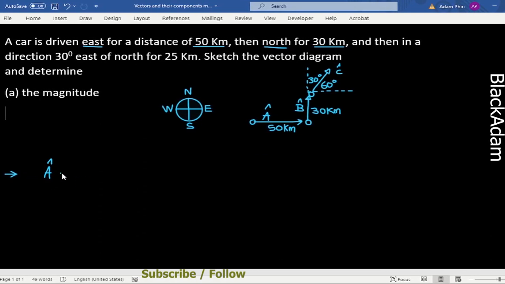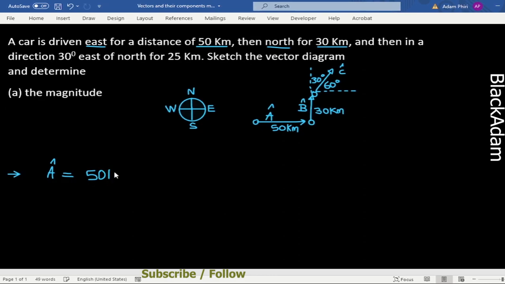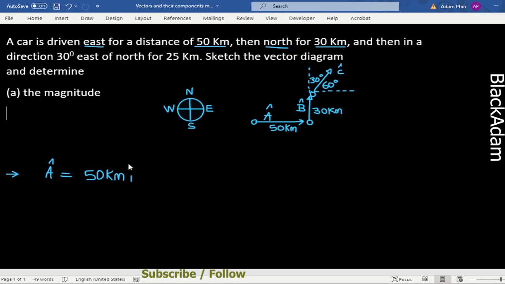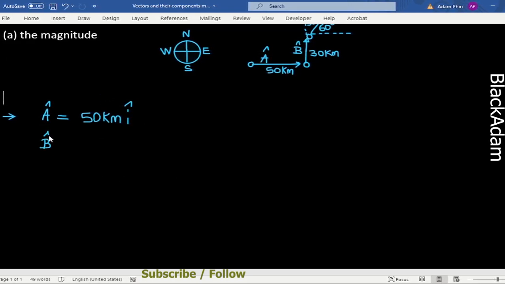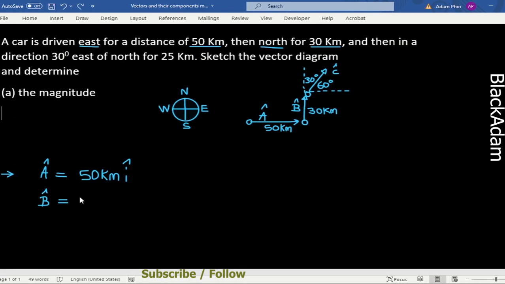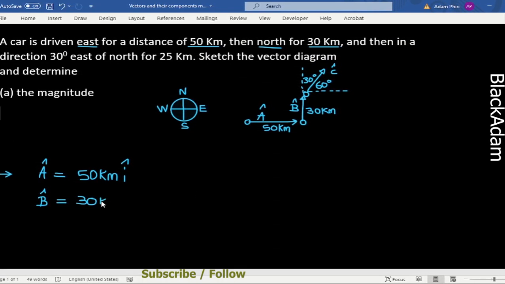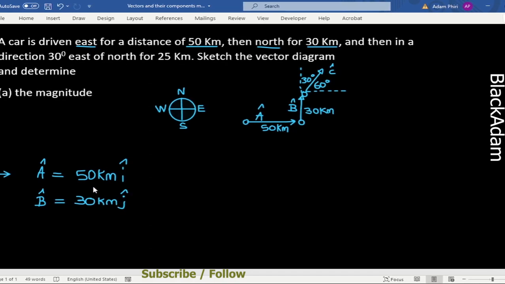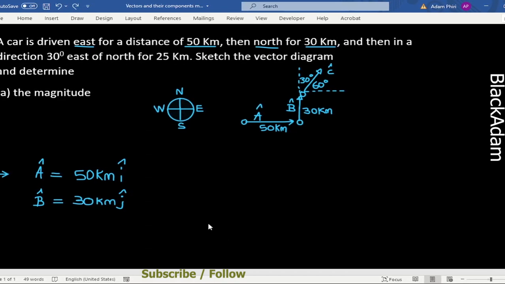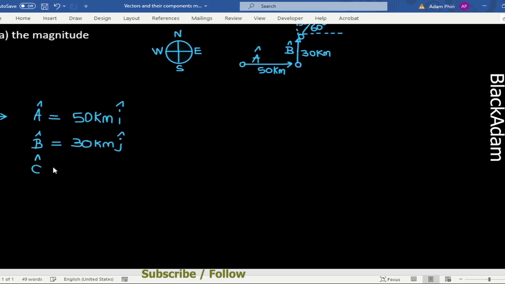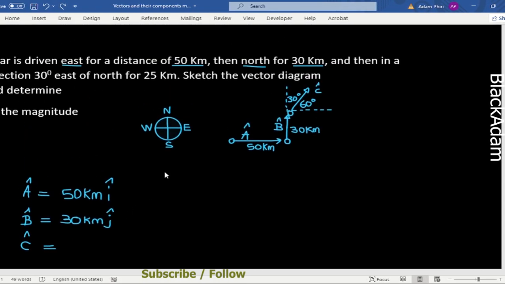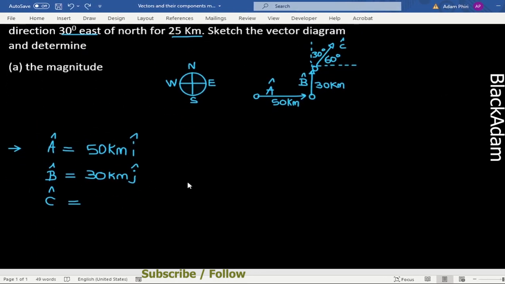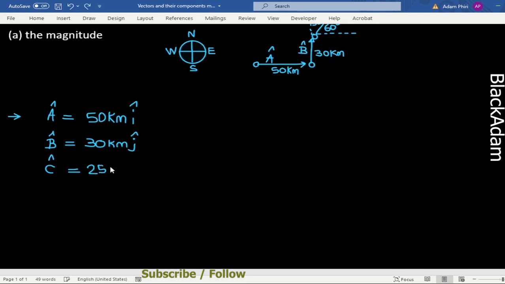component. So a component will be 50 kilometers east, so that will be i for east, and that's the x component, and then we have b there, which is 30 kilometers north, so that's the vertical component, and that is j for vertical, meaning that it's a vector going up, and then we have c. So c is a combination of both vertical and horizontal, meaning that we have 25 kilometers, and then